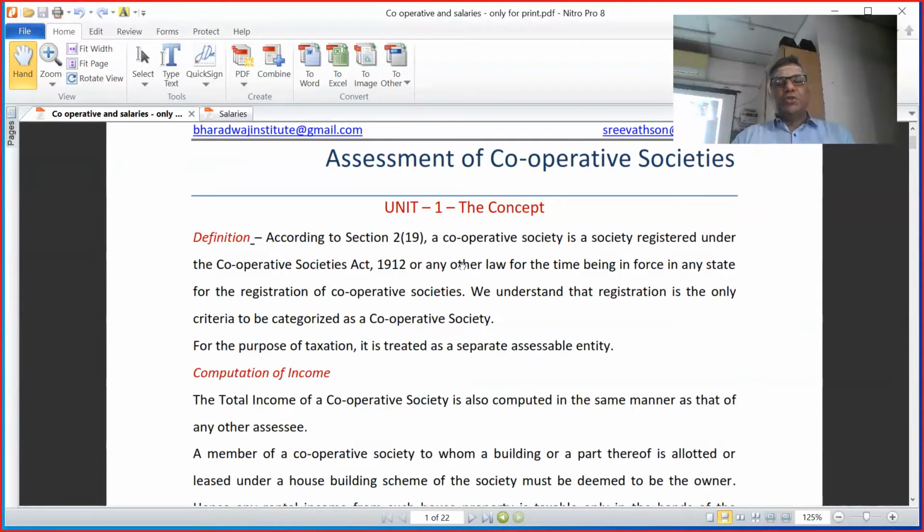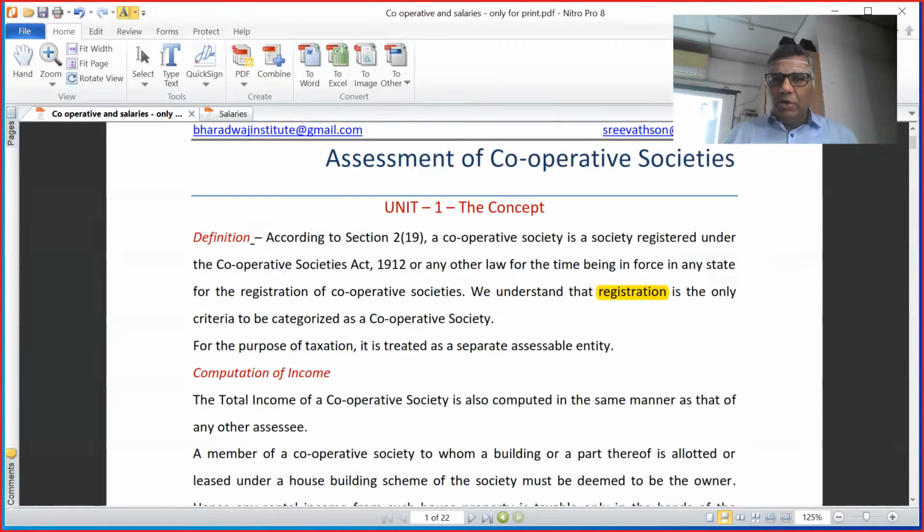Societies which are registered, it is more like a charitable trust, or in fact it will fall under mutual concerns also many times. The registration is the only criteria to say it is a cooperative society. The only criteria is registration. Cooperative societies